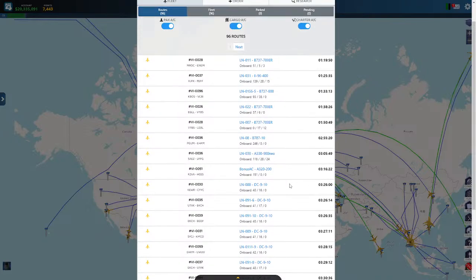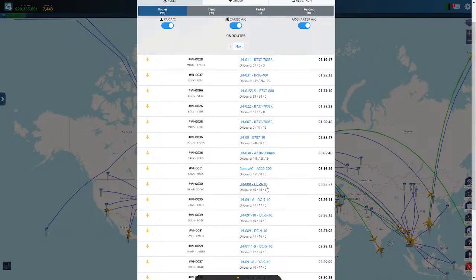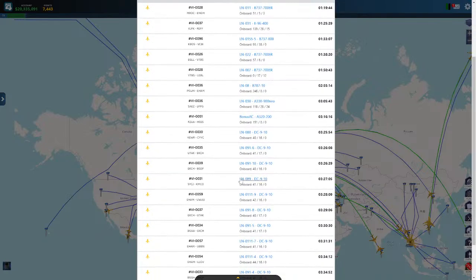Because I did some other calculations earlier, and I found out that I bought a whole bunch of DC-910 like you see here for short range, and I did find out that if you fly them without marketing, you lose money. But maybe I didn't calculate right, because I did a whole bunch of calculations. But it's so easy. I can just do what I said. Check the account, fly the plane, just make sure the fuel and CO2 is topped off first, and then top it off after, and see how much money you have. That's that easy.